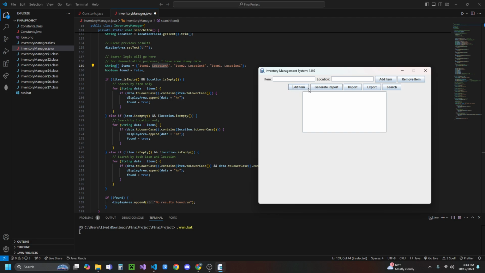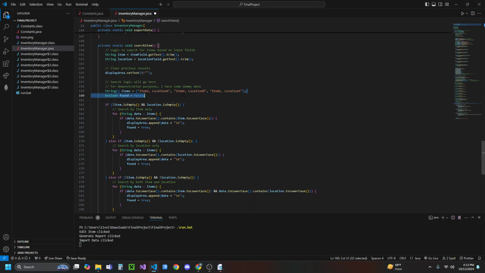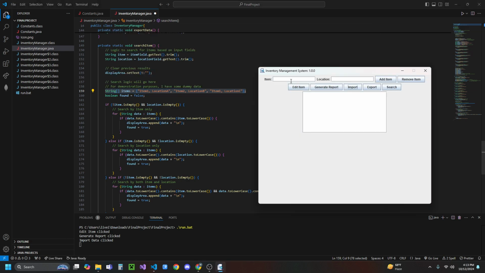So currently, I'm able to press buttons, as you can see here, and it outputs that they were in fact pressed. So I have event listeners waiting to see if you press something. I also have the ability to search through some basic demonstration data. So this isn't the actual data, this is just data that I've made for demonstration purposes. So here you can see an array of all of the items that are currently in the quote-unquote database. If I type in item 1 and hit search, it shows, hey, there's item 1 being stored at location A